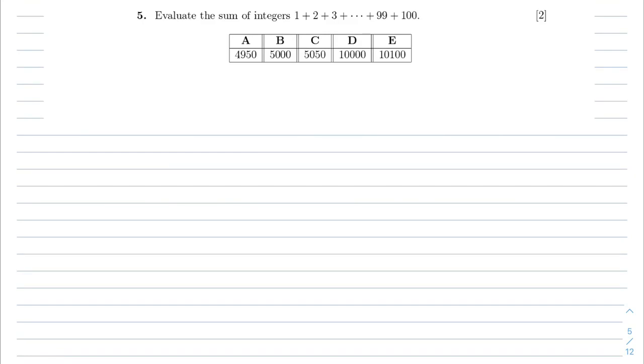Now on to question 5. We are looking to sum all of the integers between 1 and 100, a problem that is sometimes attributed to a very young Gauss given to him by a maths teacher that thought he was a bit obnoxious. So when we do this, we could quite easily use the formula for summing an arithmetic progression,